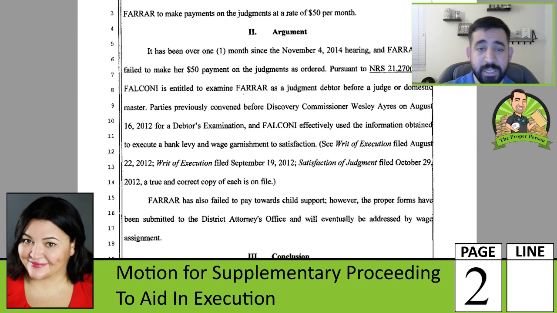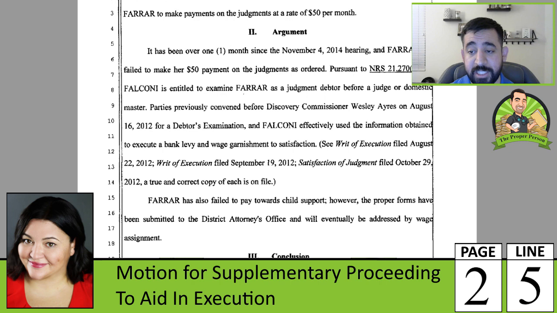Next assertion is we're going into the argument section now. It's been over a month since the November 4th hearing, and my ex has failed to pay her $50 payment on the judgments as ordered. Pursuant to the law, I'm entitled to examine my ex as a judgment debtor before a judge or domestic master. We previously convened before Discovery Commissioner Wes A on August 16th for a debtor's examination, and